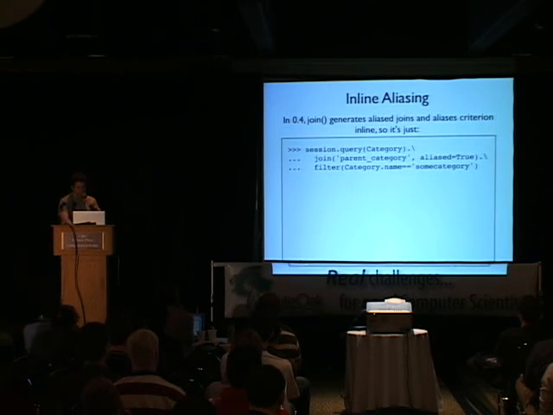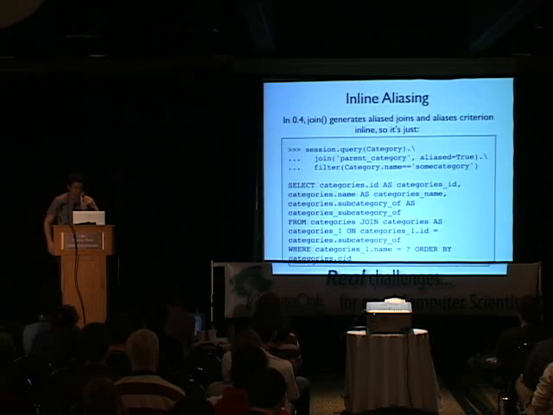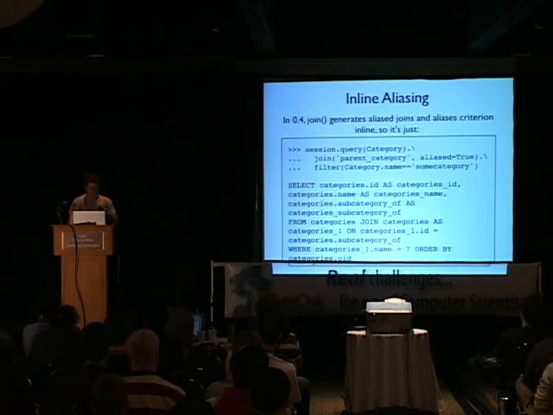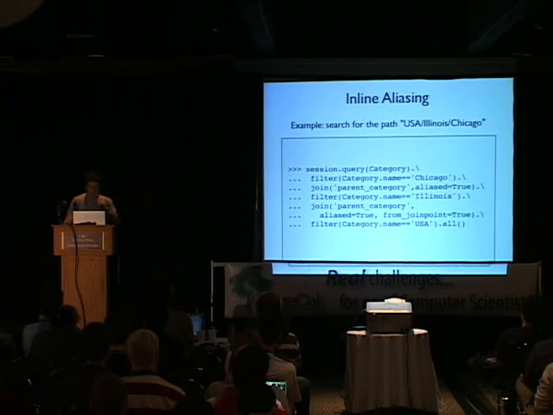So when we run this, we get a SQL statement like this, which does all the joining and aliasing for you without having to have a separate alias object sticking out. Here's a more intricate example. I'll go quick. We want to look for a path,